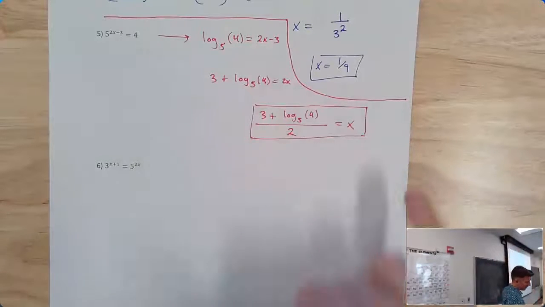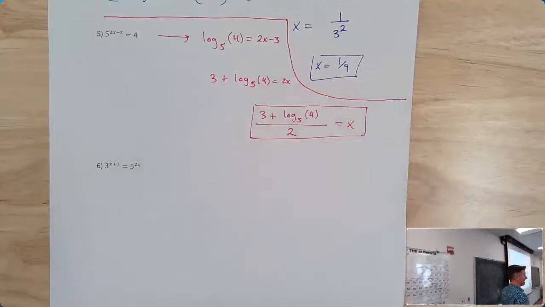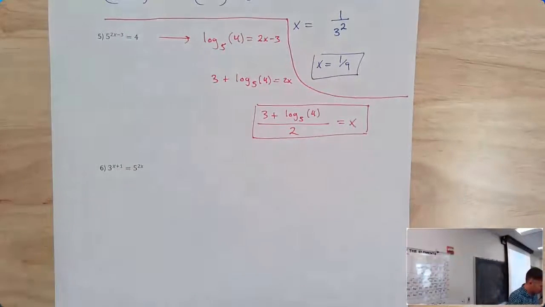So while this is totally fine, if you actually wanted to get a decimal approximation, it can be a bit of a pain, which is why we often default to using the natural log, because the natural log is going to be on any calculator, unless it's one of those 4-function calculators, right? Natural log is like the first logarithm function, maybe log base 10 on your calculator. So you could do this, or